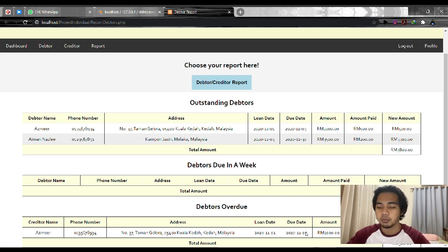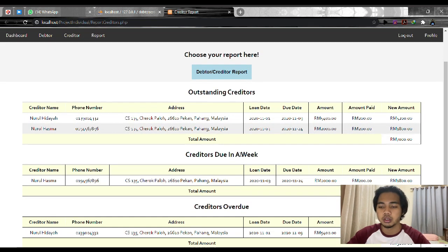Azmeh has not paid. So go through to the creditor report. This is the creditor report. So let's see, the creditor due in 1 week means the creditor has a balance 1 week to pay.